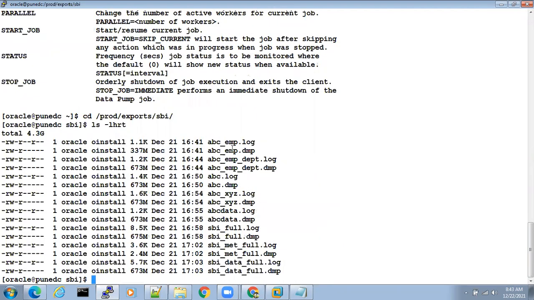We have the EMP table backup, EMP department table backup, complete ABC user backup, XYZ user backup, tablespace backup, full backup, metadata backup, and the only data backup is also there. So we have all different kinds of backups available.